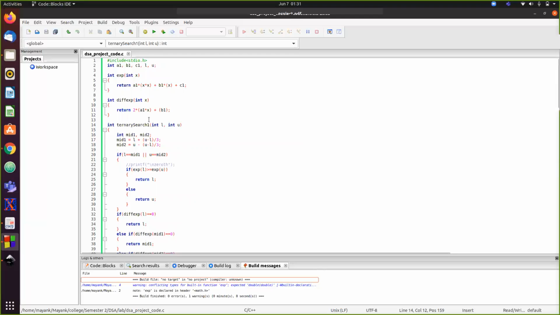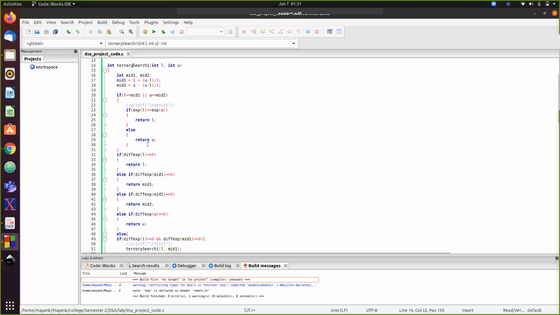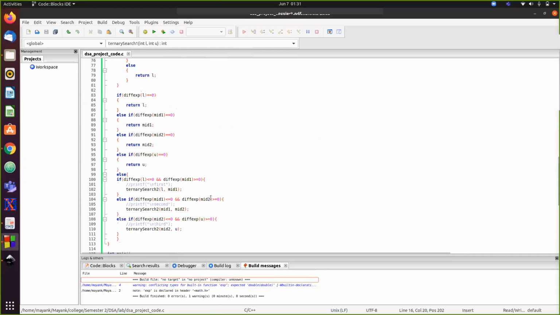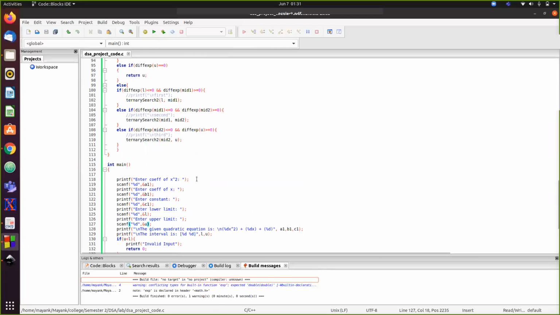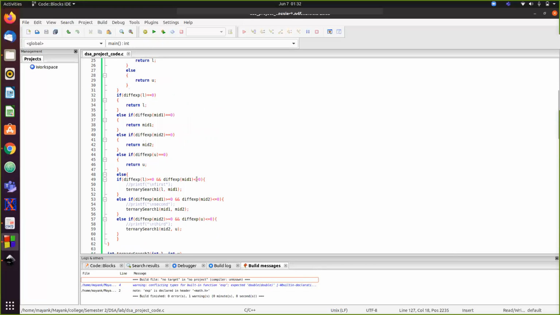So now we are going to look at the algorithm of the ternary search. If we look at ternary search 1, we have started out pretty fundamentally by defining mid 1 and mid 2. This function takes the lower limit and the upper limit of our domain as the value. The interesting thing to note about this code is that we have not defined any array, because there's no need to, as the lower and the upper limits are taking care of that, and we are increasing every step by the count of 1.